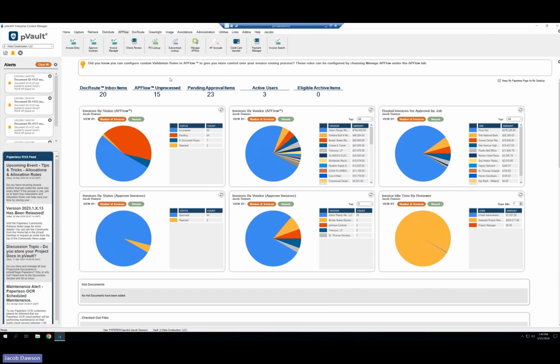Some processes and some scenarios require somebody to touch that invoice, but we try to eliminate as much manual data entry as possible. I'm dyslexic, so by all means, I hate when I have to code out invoices with invoice numbers because I'm probably going to transpose numbers back and forth, or I'm going to spell something wrong within the description or something like that. With using our OCR system, I am able to drop the document in, let the system read what it sees there. If I need to, the most amount of work I have to do is actually just add a line item to the invoice itself. I don't have to sit there and flip through tons and tons of